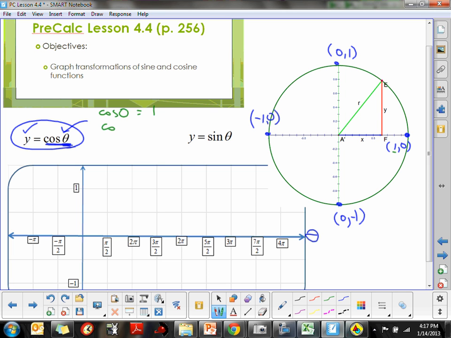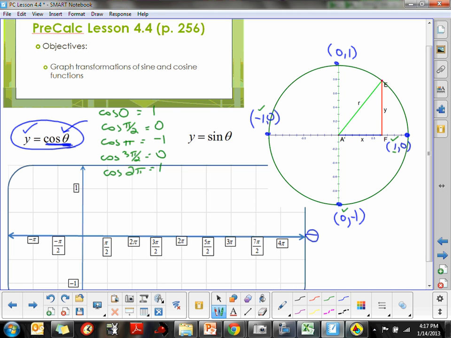We can take the cosine of pi halves. I'm going to do this in radians, and that cosine value is 0. And then the cosine of pi is equal to the x value of that coordinate, which is -1. And then the cosine of 3 pi halves is the x-coordinate of 3 pi halves, which is 0. And then the last one is the cosine of 2 pi. That's where I'll end, and that means we're back to where we started, and it has an x value